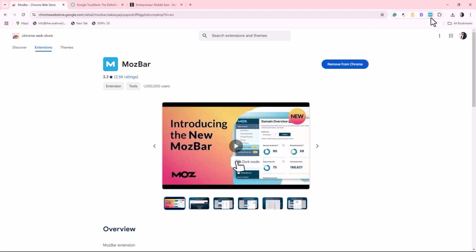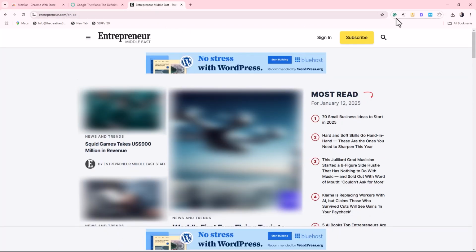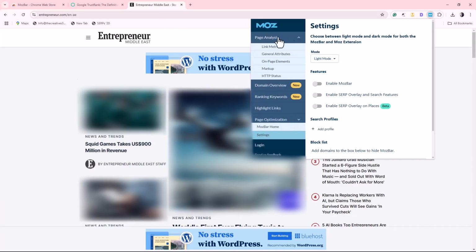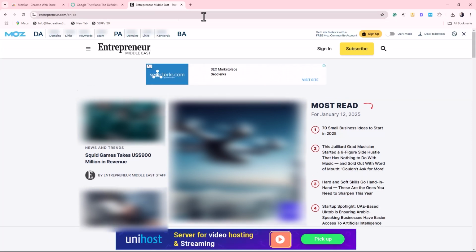Now let's see how we can use it. Let's say I go to this website. Now click on MozBar icon. And from here go to settings and then click on enable MozBar. Click anywhere on the page and refresh it. You will see a bar at the top of the page, and this is actually MozBar, and this will show